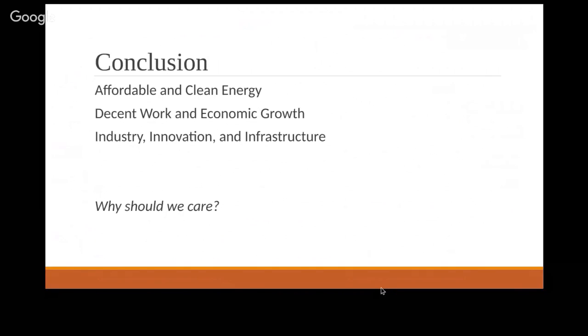To conclude, out of the 17 Sustainable Development Goals, these 3 are especially affected by the influence of business students entering the business world. It's important to keep in mind the goals to provide affordable clean energy, decent work, and economic growth to all, while promoting industry, innovation, and infrastructure. Progress towards these goals calls for businesses to be socially responsible, so it's critical now to educate ourselves on how our actions help or hinder these goals.